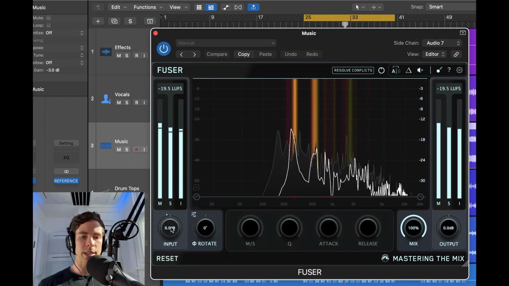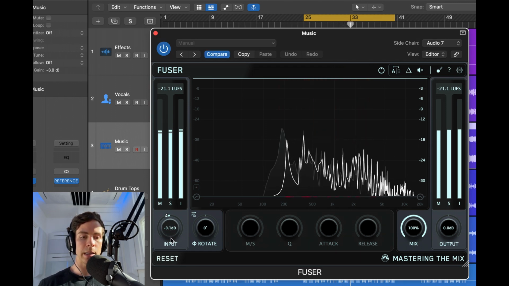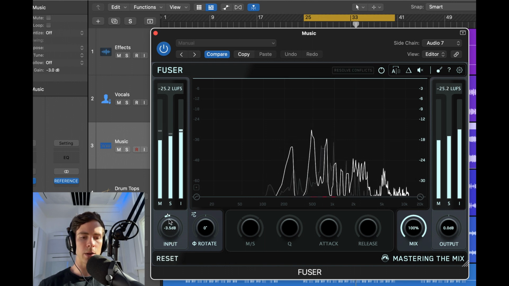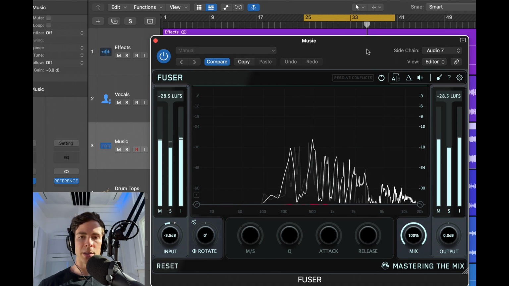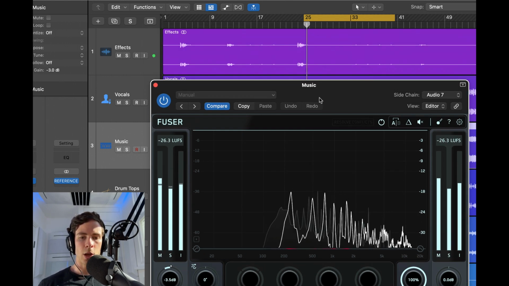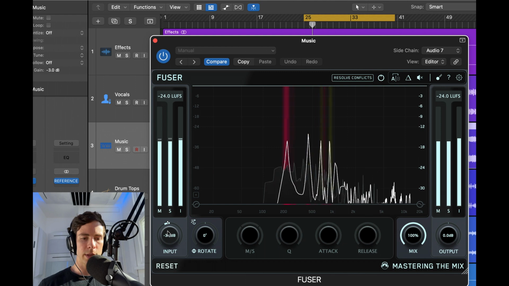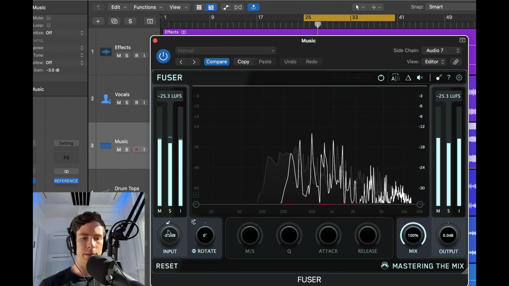So I want the vocals to sit a little bit behind, the music to sit a little bit behind the vocals here, maybe a decibel or so. So we have the level match pointer here jumping around because of the difference in the arrangement. But let's see. I want it to sit just behind it around here. So that's fine.